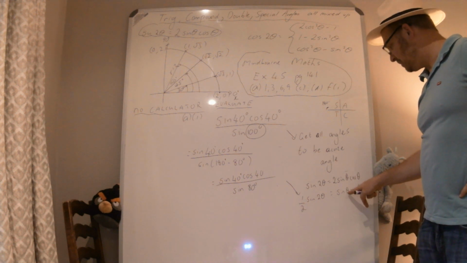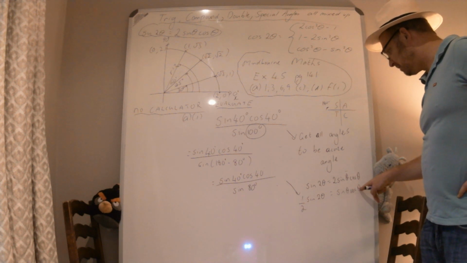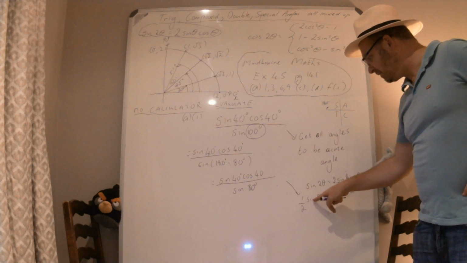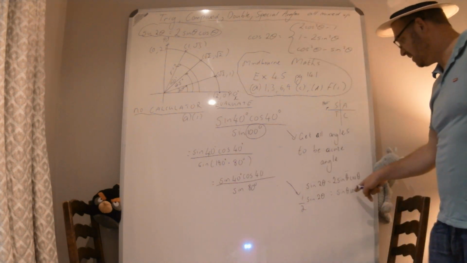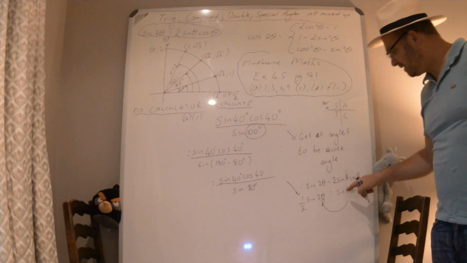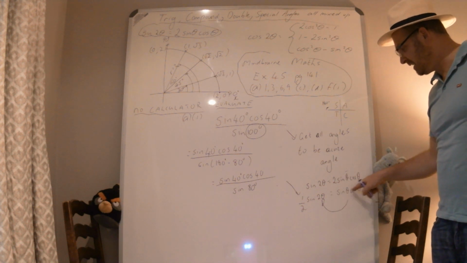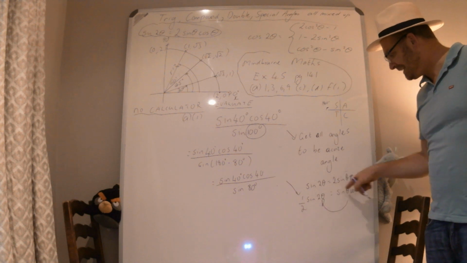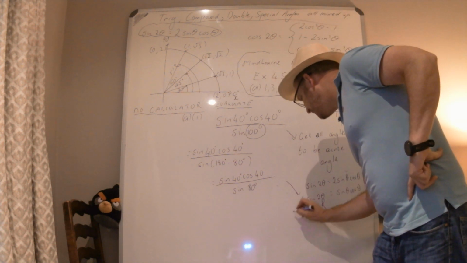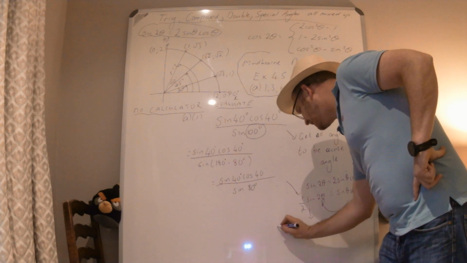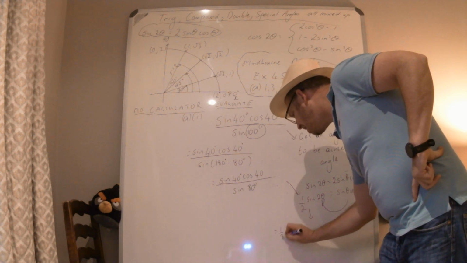So what's that telling you? Well, sine 40 cos 40 would be equal to a half sine of 2 times 40. So it's quite useful to be able to go from there to there. If you've got sine and cos of the same angle together, it'll be a half sine double whatever that angle is. So if I use this method over here, it's going to become a half